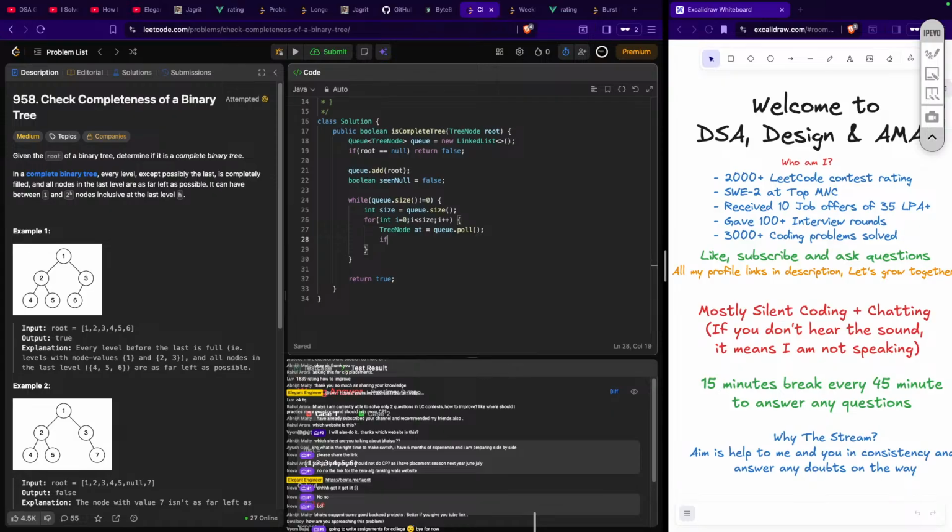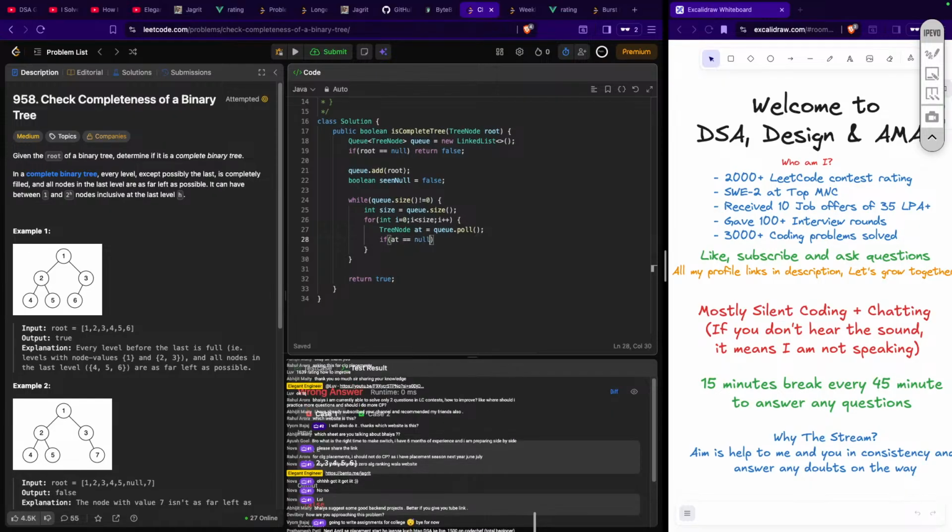So it's if at is equal to null, right? Then seen null equal to true, right? Else if